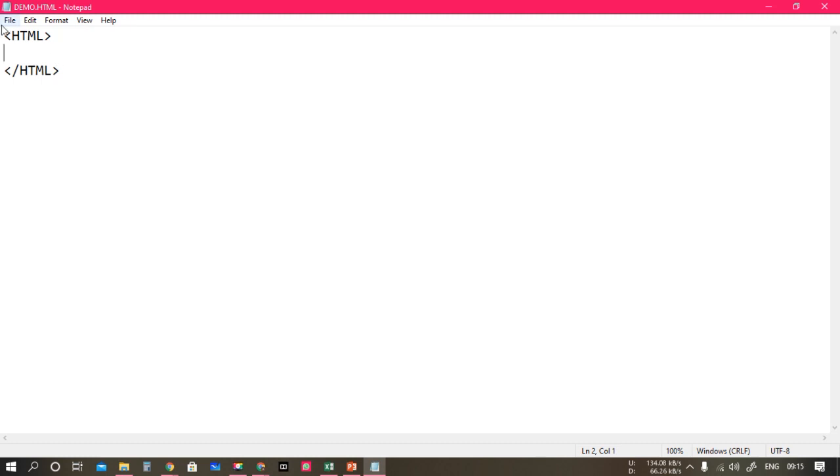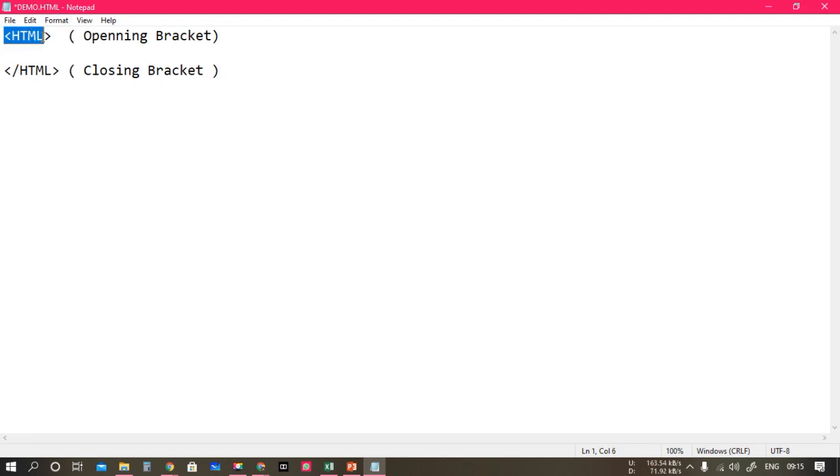So this is the HTML. Can you see the difference between these two HTML? Did you understand the difference between these two? One is the HTML and another is the backslash HTML. This HTML is the, I'll write it here, opening bracket, and this one is the closing bracket. Okay, these are the two HTMLs.